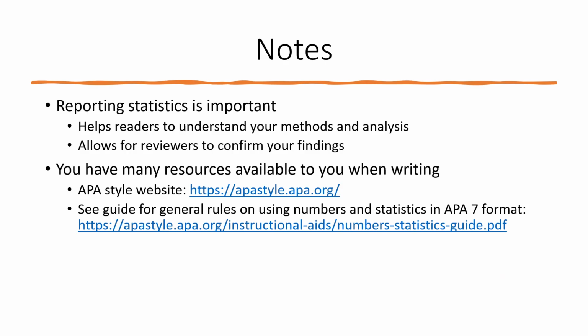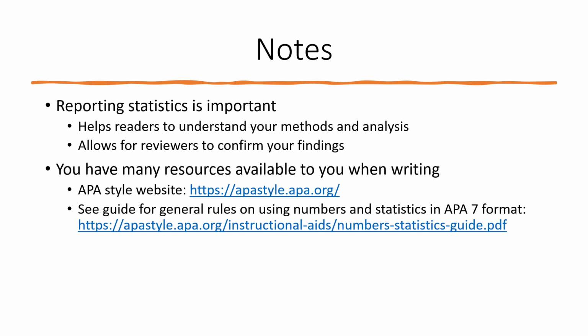So why is not only reporting statistics, but reporting statistics using a very standardized method such as APA formatting important? Well, first, it helps your readers to understand your methods and analysis. And two, it allows for reviewers to confirm your findings. Essentially, if everyone has their own way of reporting things, it's really hard to know what was done and what was found. And so having a way that is consistent across studies, across researchers, is very helpful for confirming research